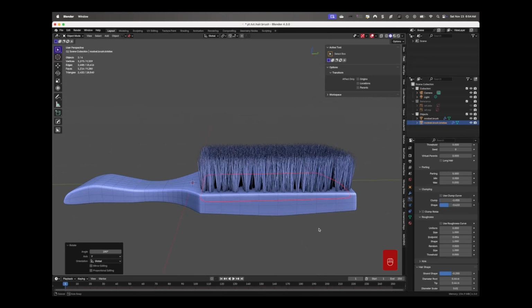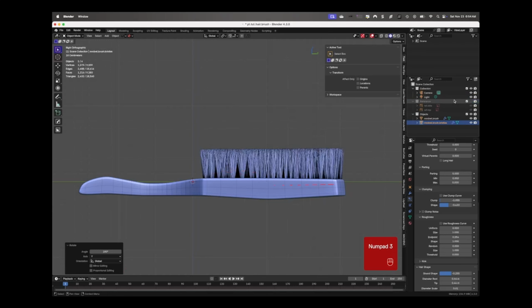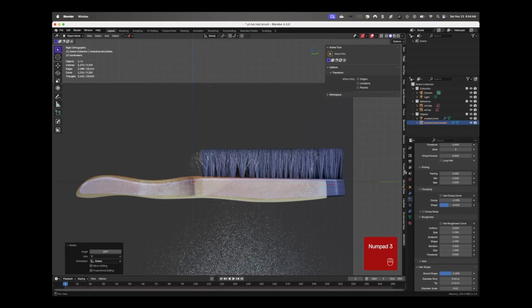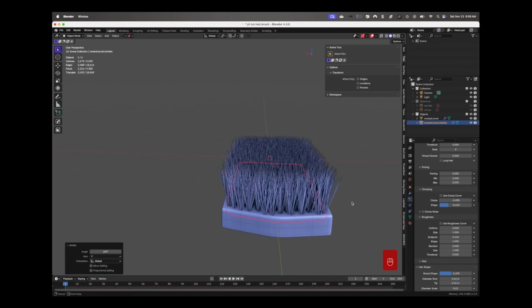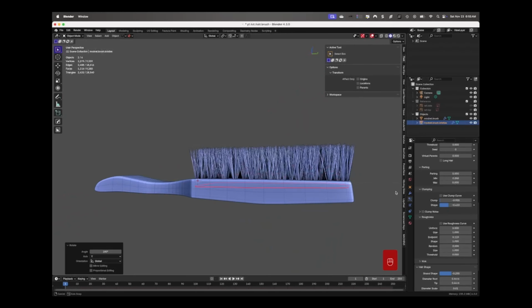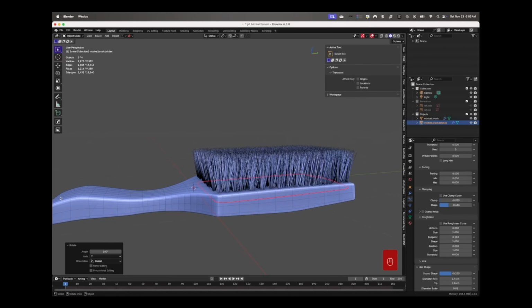So you'll notice that one of the settings I'm using here is adding a little bit of randomness to the bristles. It just makes it look a little more realistic. Not every bristle is going to be perfectly straight and perfectly uniform. In the real world, things are very random and very imperfect. So this is what that setting is doing. And if you notice, the bristles look more real now. I'm just playing with some settings, tweaking things to make it look more like my reference photo.